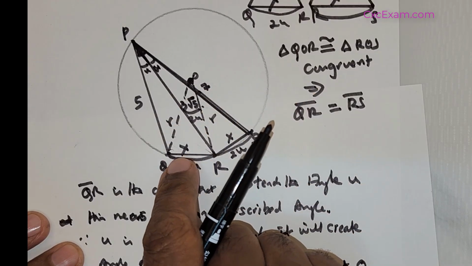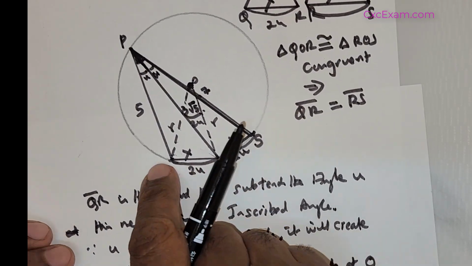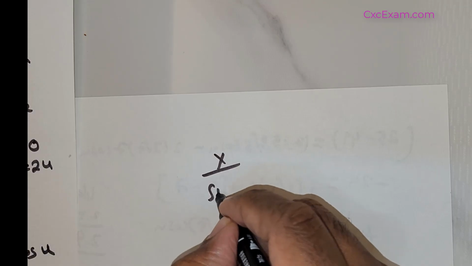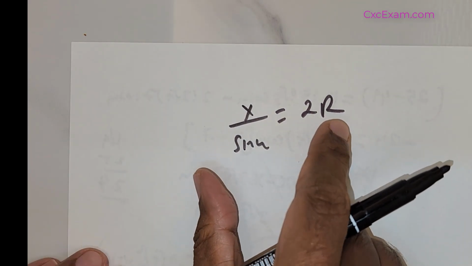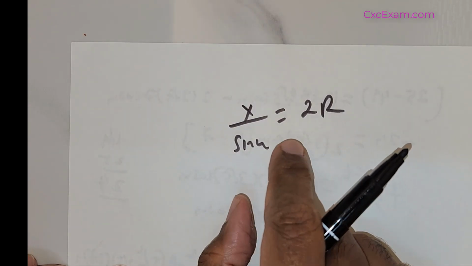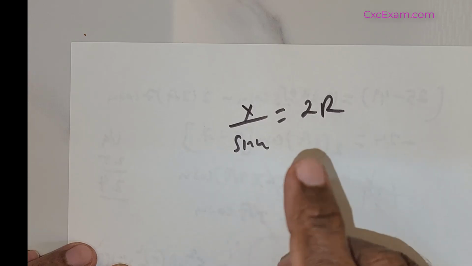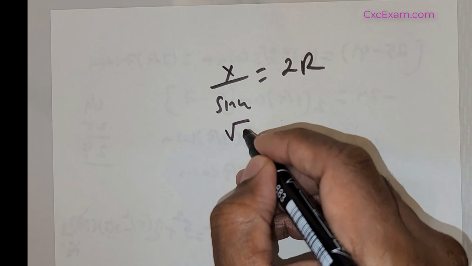So what I'm going to do is apply the sine rule here. So this is going to be the length x divided by sine of u is equal to 2 times r. This is the standard formula connecting the sine rule with the radius of the circle when the triangle is inscribed inside the circle. So my x is already known, which is going to be root of